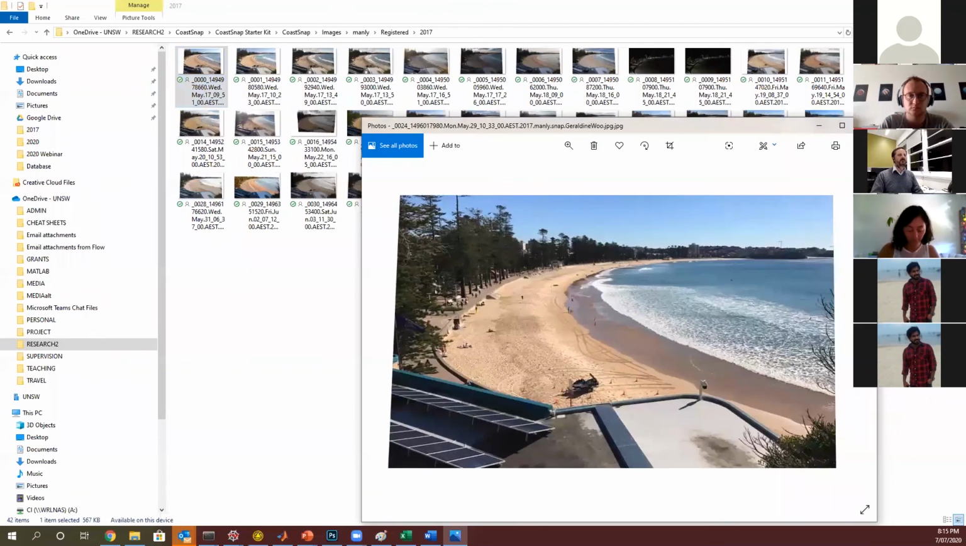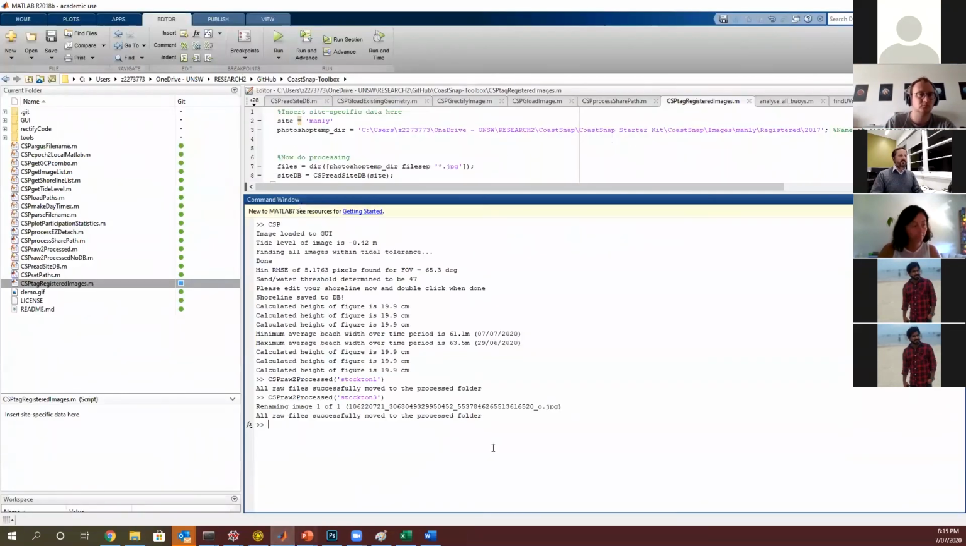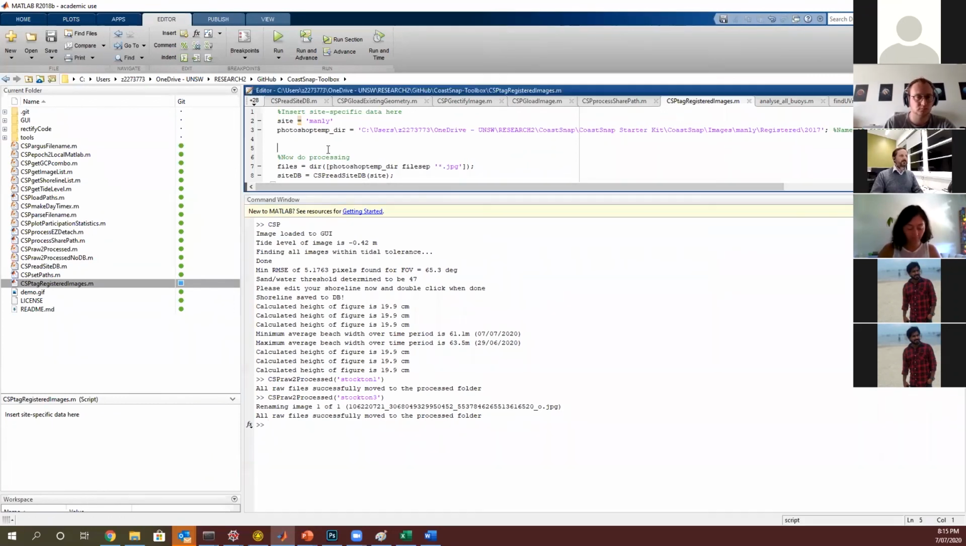Which is the final step, which we do in MATLAB. We tag them. So we put a